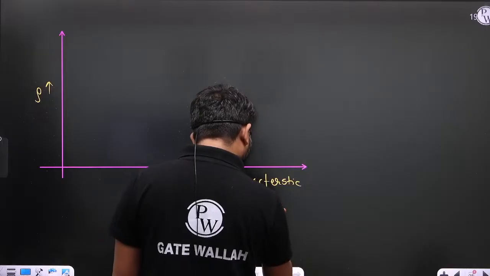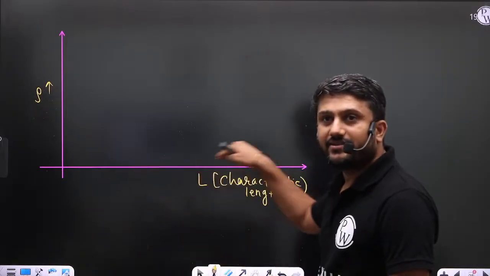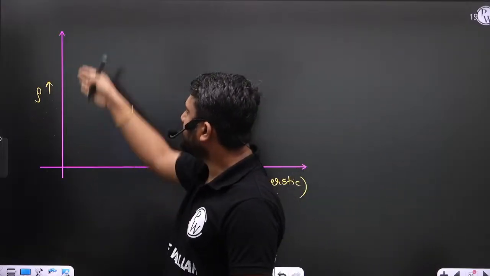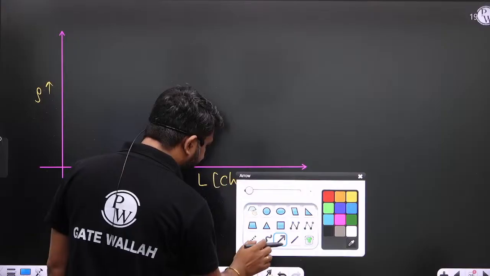So in x direction there is a characteristic length, and in y direction there is a fluid property, that is density. So beta, if see,